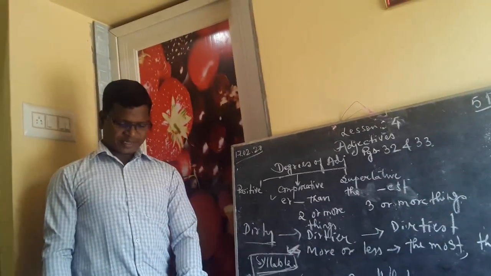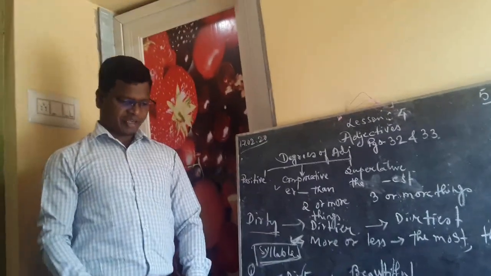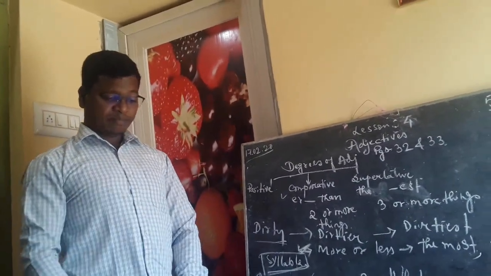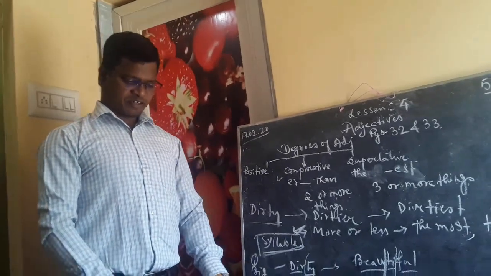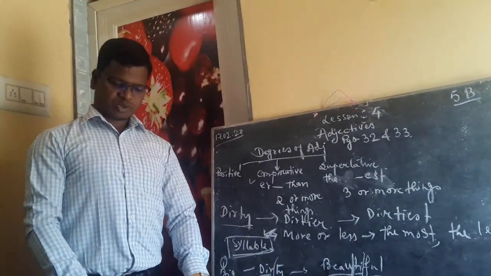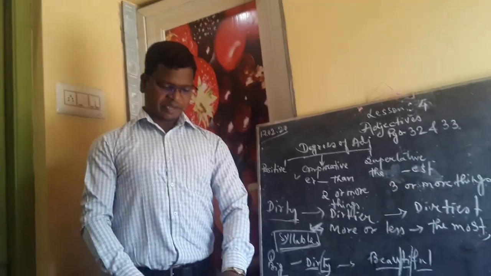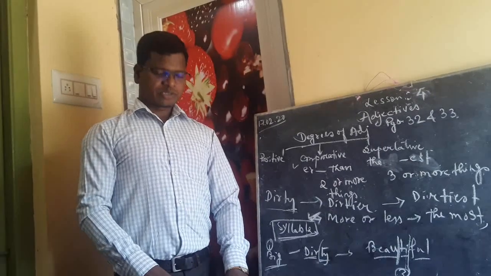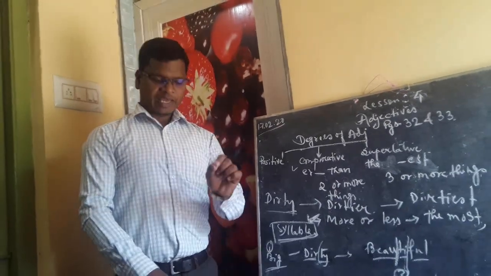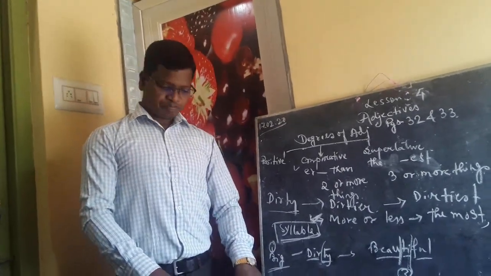We will do the exercises from page number 33. Look and complete the sentences using the comparative or the superlative degree. The first one, you see, is already done. You can see the picture over there. Ship A, B and C. So let's see the first one. Ship A is bigger than ship B.